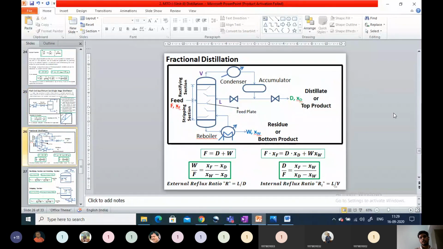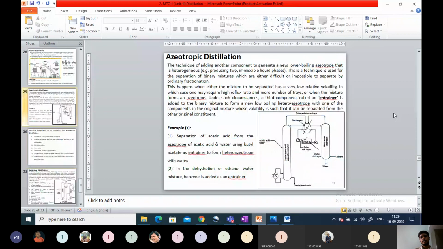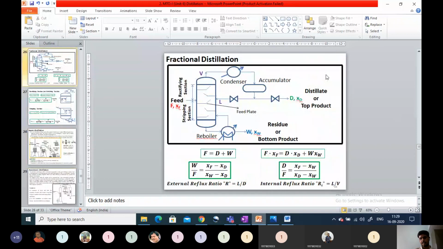Then the last 3 to 4 topics are left in unit 2. Then the entire third unit is concerned only with fractional distillation. How to estimate the plates? Inside this distillation column there will be a number of plates. So how to estimate this number of plates? How to calculate the reflux ratios? We need to estimate based on the feed condition, whether it is saturated vapor, a cold feed, or a saturated liquid. Based on the different conditions, we need to calculate how many plates are there in the distillation column. That is nothing but a design procedure using the McCabe-Thiele method.